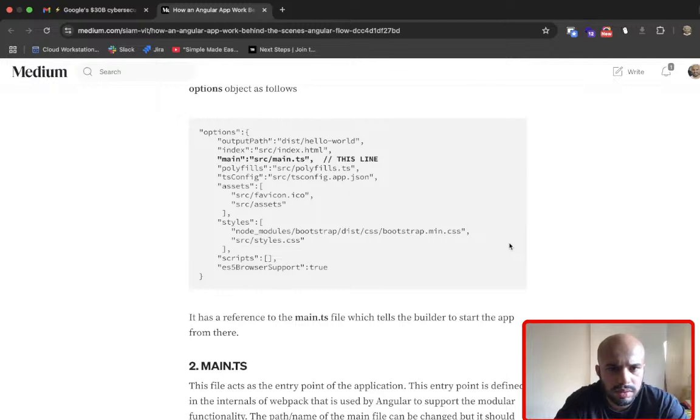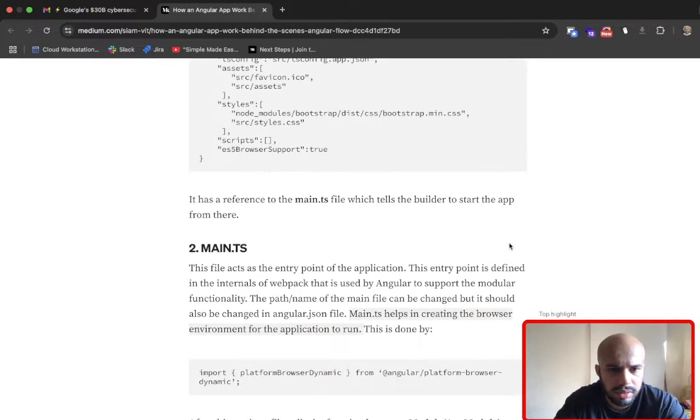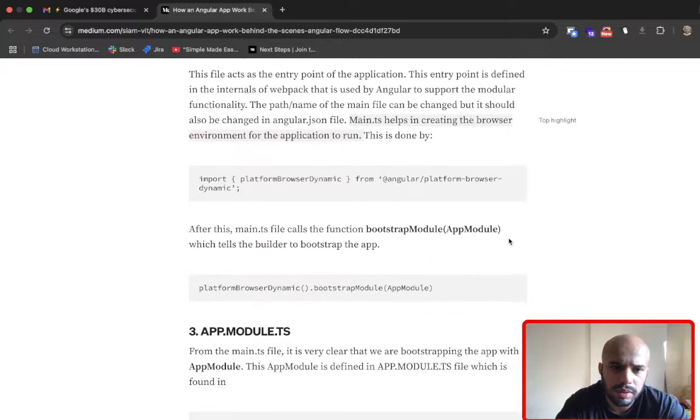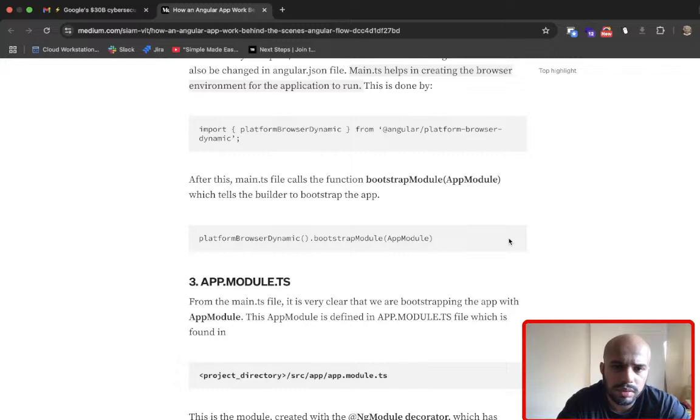Where is main.ts? In the third line. main.ts. This file acts as the start entry point of the application. This entry point is defined in the internals of Webpack that is used by Angular to support modular functionality. The path name of the main file can be changed, but it should also be changed in the angular.json file. main.ts helps in creating the browser environment for the application to run. Import platformBrowserDynamic from @angular/platform-browser-dynamic. After this, the main.ts file calls the function bootstrapModule(AppModule), which tells the builder to bootstrap the app. platformBrowserDynamic().bootstrapModule(AppModule)